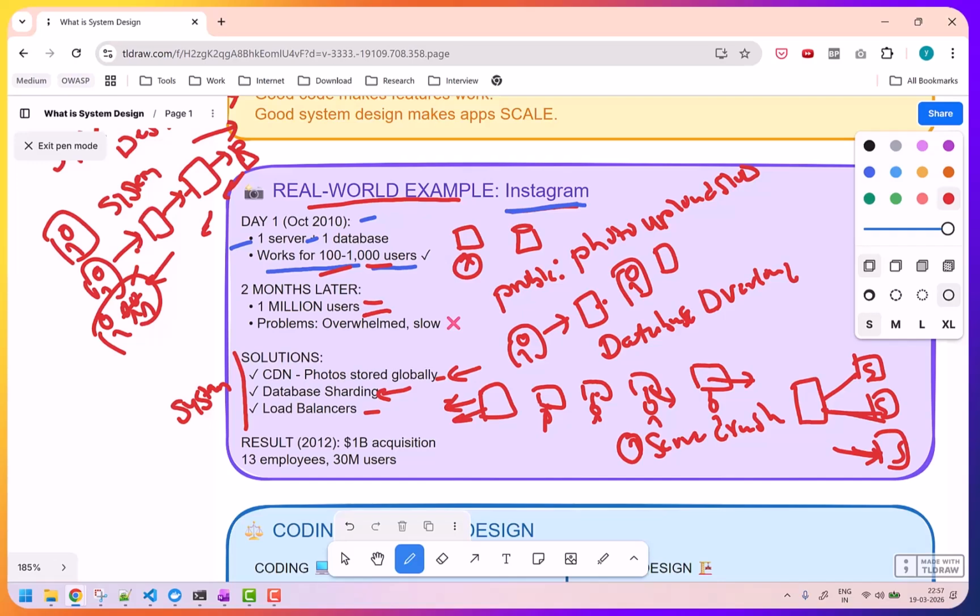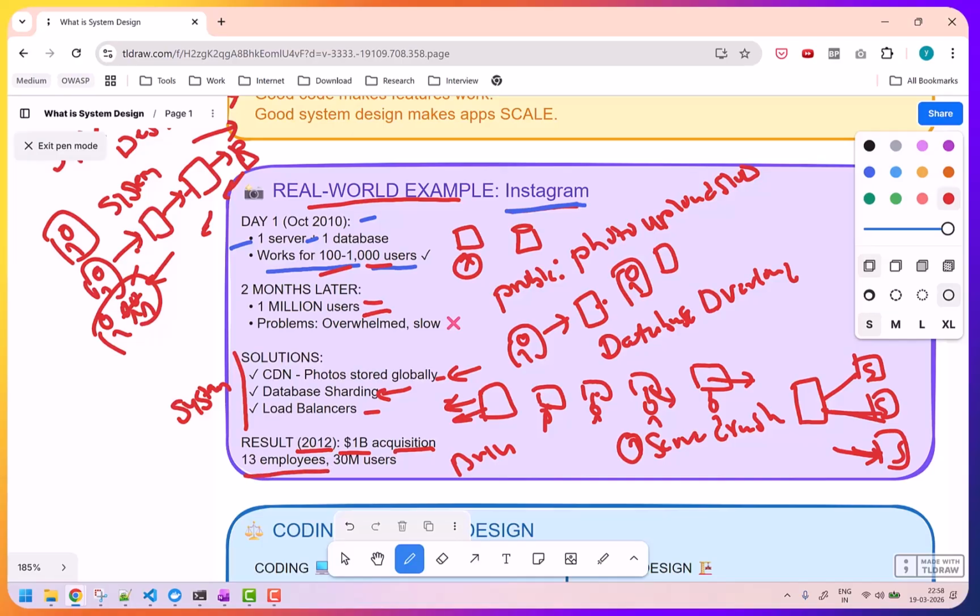So this is a brilliant system design. And since it is brilliant, Facebook acquired it in 2012 with a $1 billion acquisition, and now it has become 100 times that. That is the benefit. If you are acquiring a product which is technically very good at system design, then you have leverage. You can scale it massively, and it was working at that time with only 13 employees.